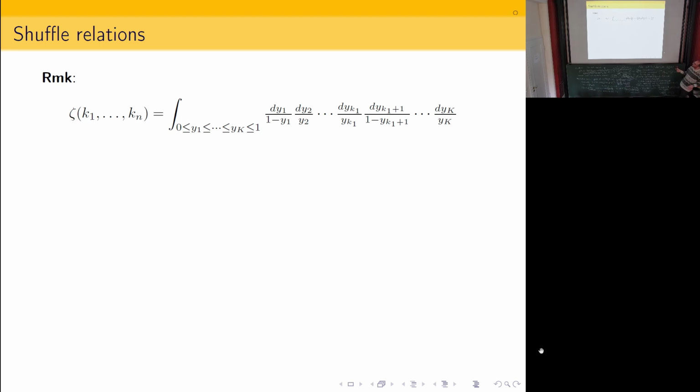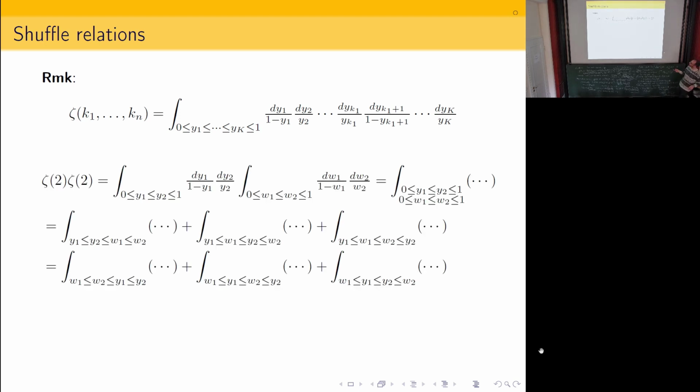But anyway, so multiple zeta values have an integral representation. Well, they have many integral representations, but this is one that was, I think, first maybe proposed by Kontsevich. This already tells you that multiple zeta values are periods, by the way, which is the topic of the workshop. And if you now take products of multiple zeta values using the integral representation, then you have a domain like that for your integration, and then you can shuffle these variables, and that's why they're called shuffle relations. You take all the possible combinations which still respect these constraints, and you get this new relation, which is different from the previous one,